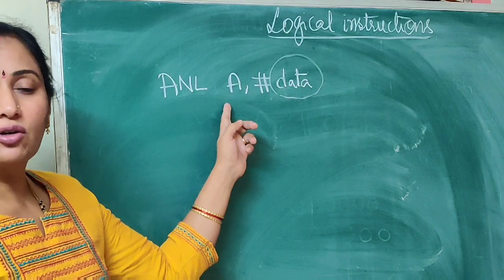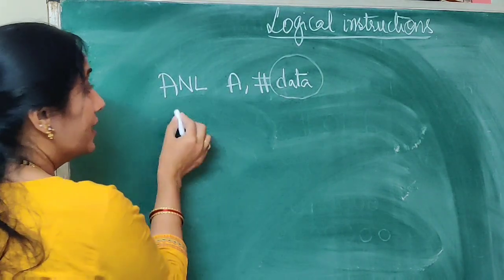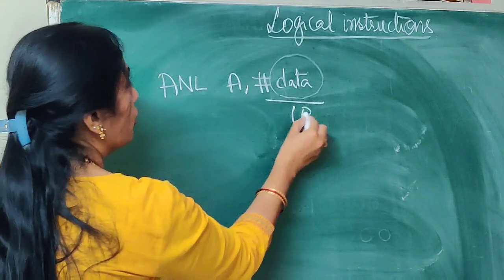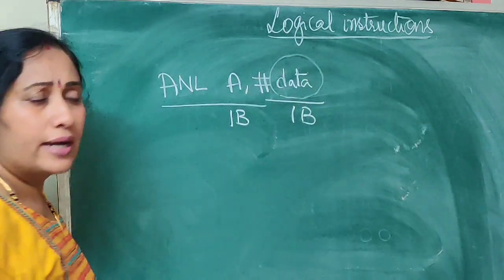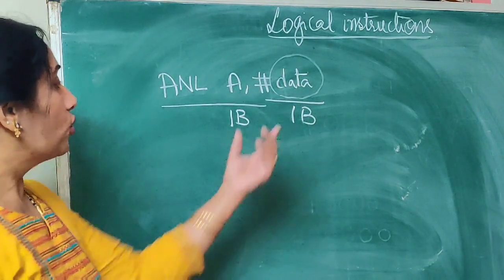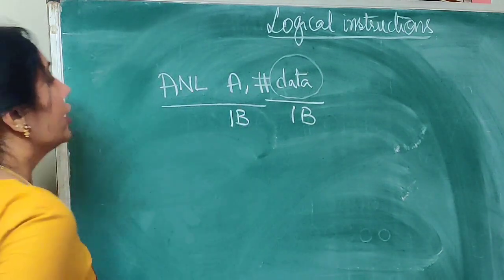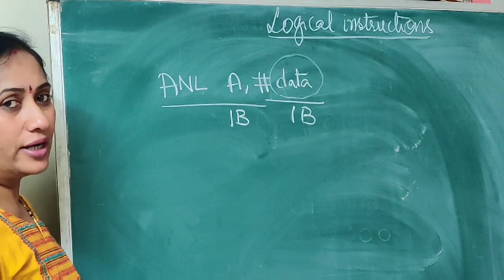So the instruction belongs to immediate addressing mode, and the length of the instruction, you can see over here, this is user defined data. So this is going to take 1 byte, and the opcode, the format for this one, it is going to take 1 byte, and the total length of the instruction is going to be 2 bytes. Right? Which flag is going to get affected? Usually none of the flags are going to get affected.